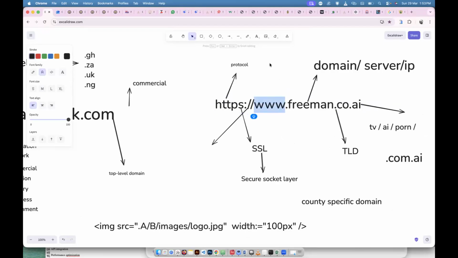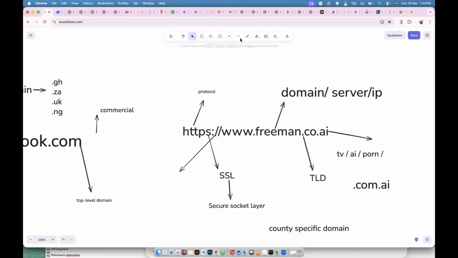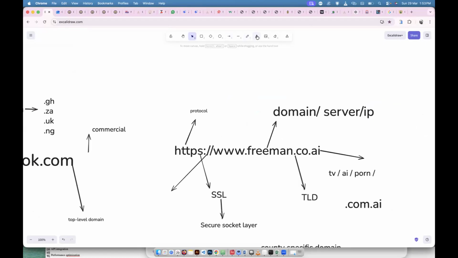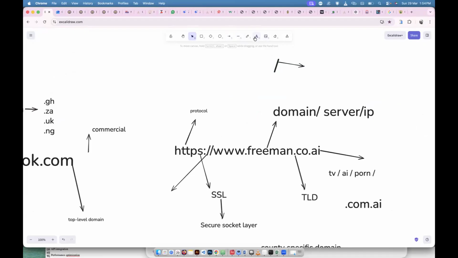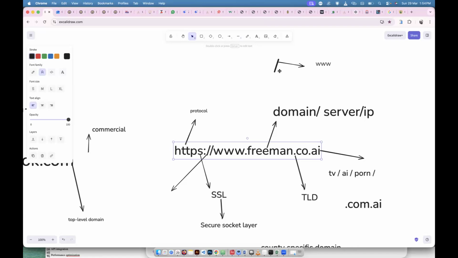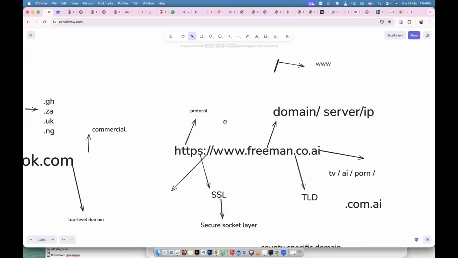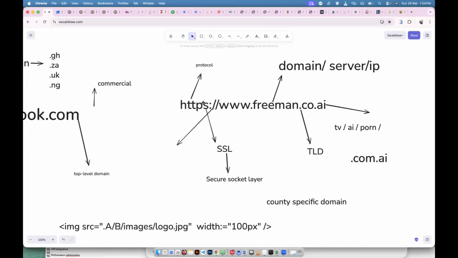So the www, the first forward slash, this one, is the www. And then, of course, the second refers to the domain. Okay. So now, once you see this, so that's my protocol. Look into go. So the first one is